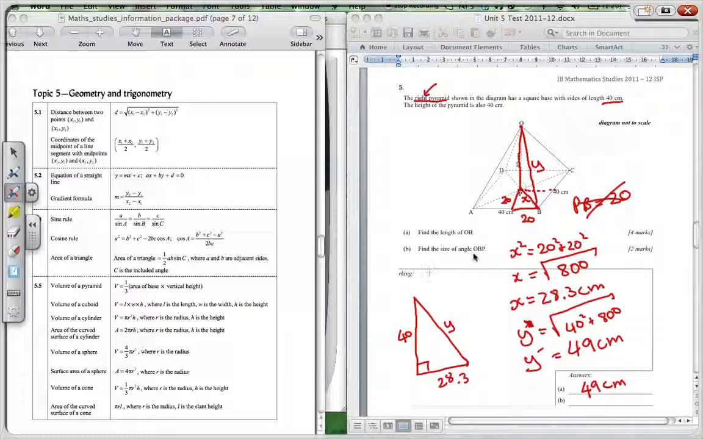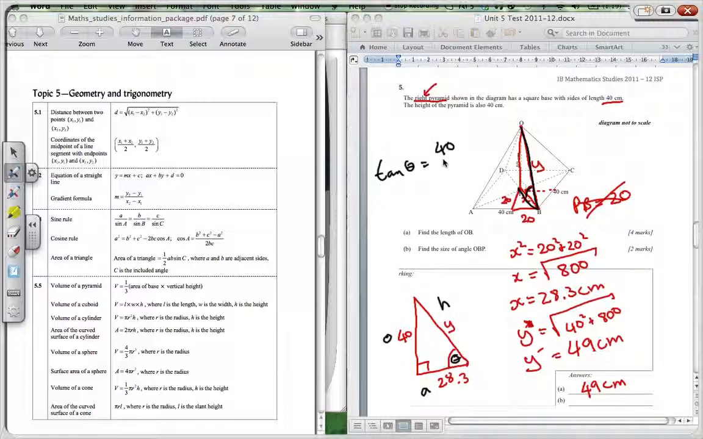Then it says find the angle OBP. So with OBP, we're looking at this angle over here, that angle theta there. We can use any one of our formulas. Obviously it's a right angle, so we're going to use our SOHCAHTOA. This would equal theta. I'm going to use the tan. The tan of theta is equal to, this is my opposite, this is my adjacent, this is my hypotenuse,